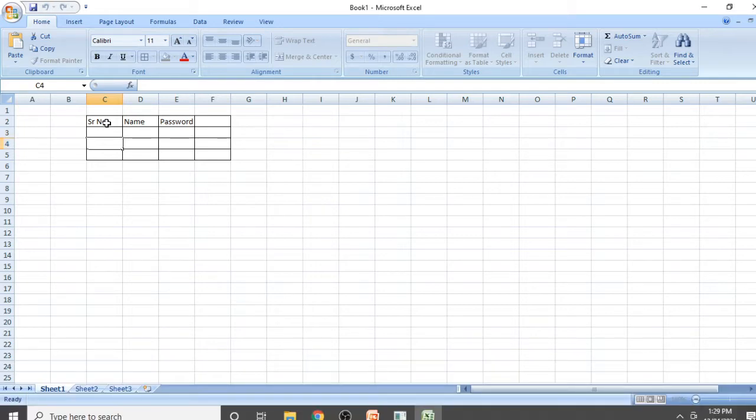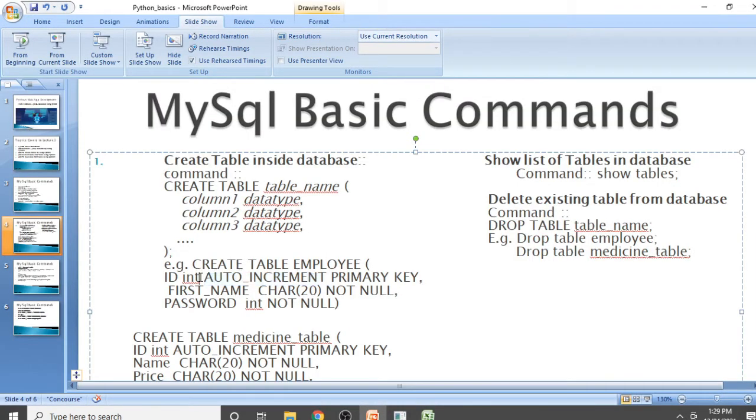We will not take a serial number from the user because it is a primary key and it is auto increment. So as soon as the first data gets added, let's say the name is Rahul and the password is 9922. As soon as the user provides this name and password, the serial number becomes 1 automatically. So in the syntax we declare here auto increment primary key.